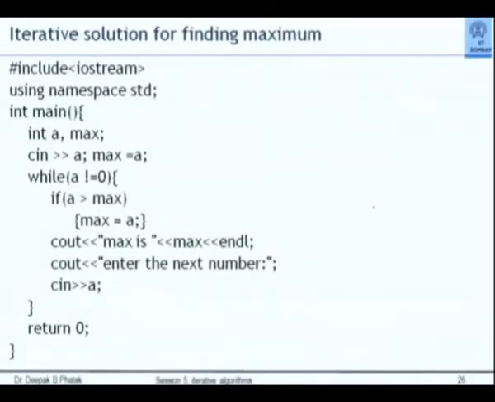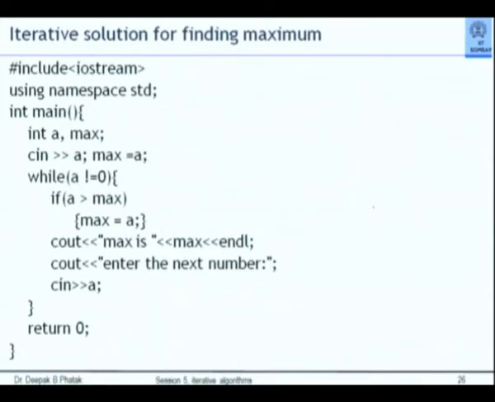Now this problem statement permits me to immediately come to the conclusion that the condition for continuity should be what? The number is non-zero. As long as the number is non-zero, I will keep continuing. The moment 0 comes, I should terminate. This then is the problem. What is the difference between this program and the previous program? The only difference is the while condition. The while condition says A not equal to 0, keep on doing. While A is not equal to 0, keep on doing this, keep on doing this.